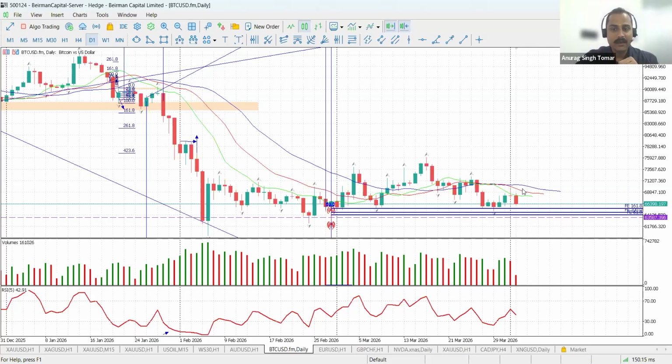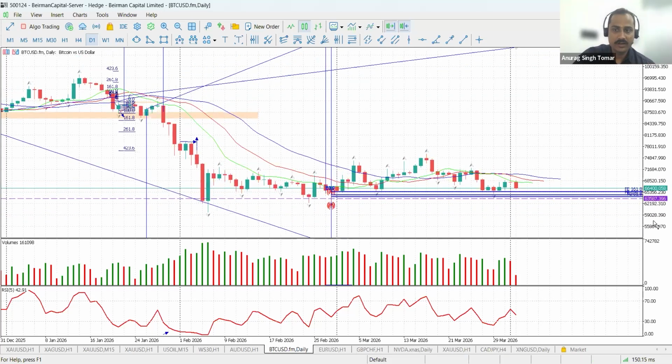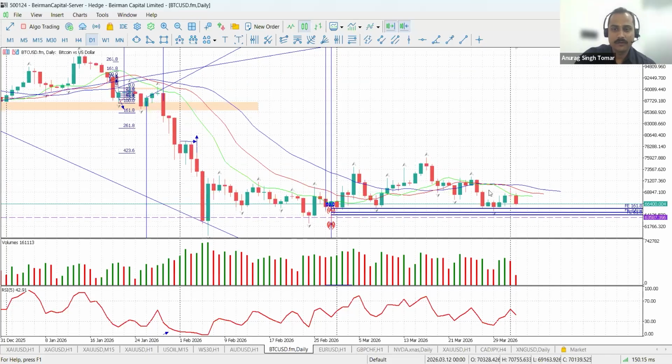Second thing, see my alligator indicator. Again, it is showing that it has been resting and is now ready to take a very deep dive toward the lower market trajectory. So the chances of a breakout toward the downside are quite high. And I've told you that this candle's low, which is 64937, is very important. If prices go below the low of this candle, I'll take the sell call, and it will be a very long-term sell call because I'm taking that decision on a daily time frame.